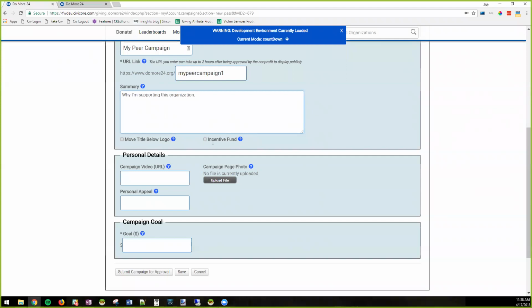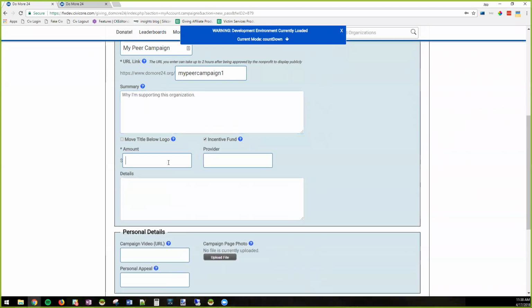The donor can indicate if they have an incentive fund or not. An incentive fund essentially allows that donor to indicate, I have $500 from my employer, and they're going to contribute $500 to match in the same way that matching funds work. Matching the incentive fund does not roll up in the same way